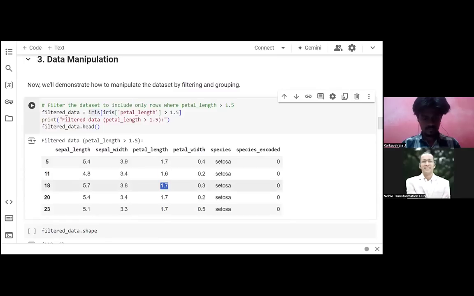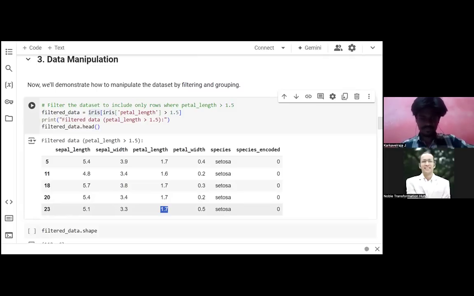You will never see smaller values, because that's a filter. We have applied that function to get the petal length greater than 1.5. Suppose we write code for less than 1.5, then we'll have the lesser values. So we can manipulate data with filtering. That is the ultimate concept, right?